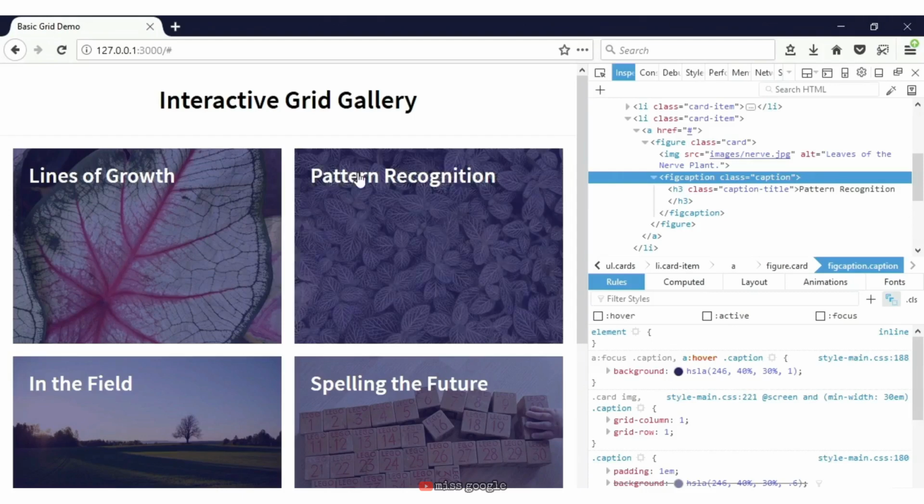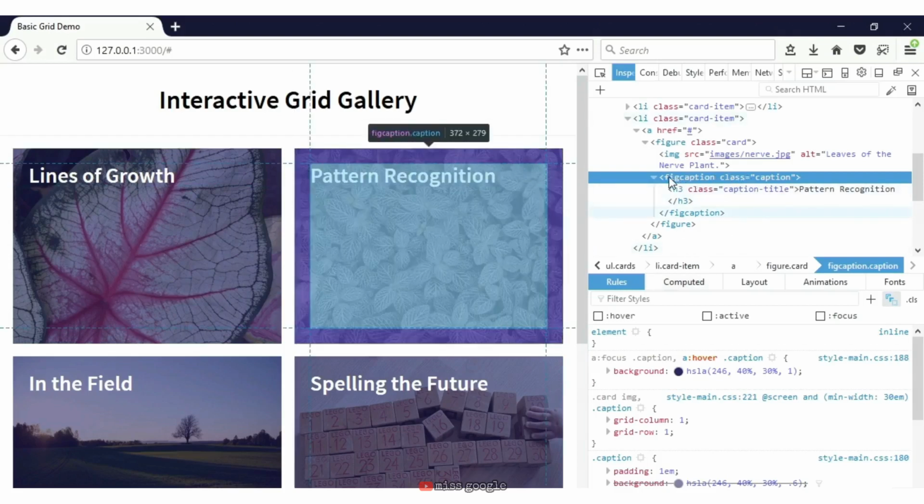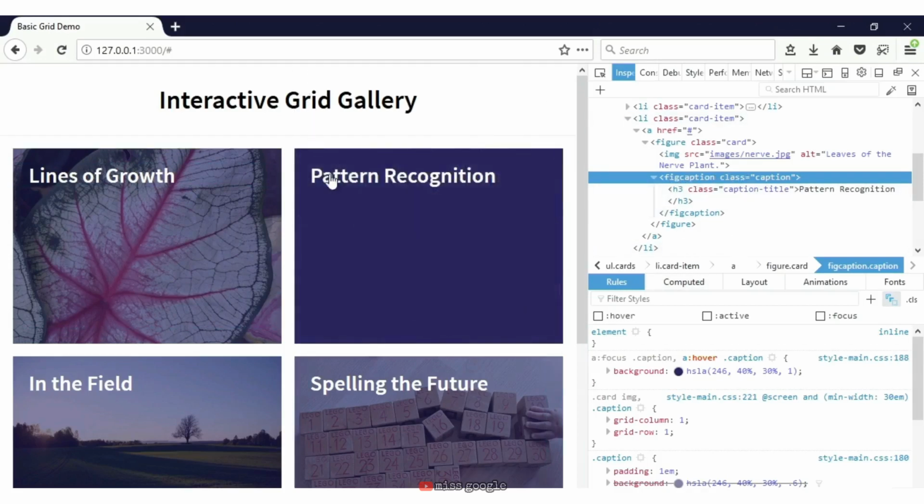The first change is I want to move the fig caption from the top of the box down to the bottom. And this is a perfect example of where Grid and Flexbox work really well together. Grid ensures that the caption takes up the full available space inside the cell, so it's spanning all the way from the top to the bottom. Now I can use Flex and align items to align the actual text to the bottom of the Flexbox without changing the span of this